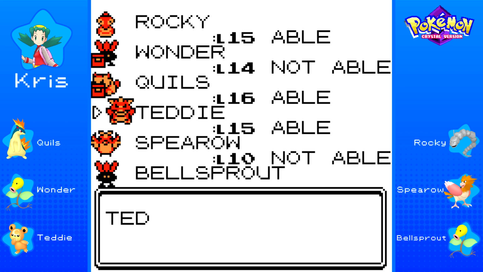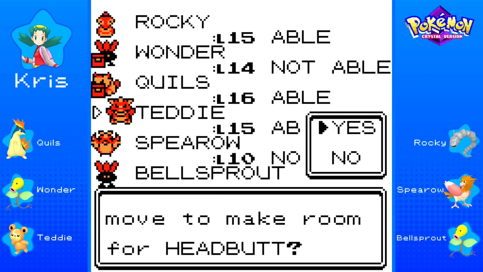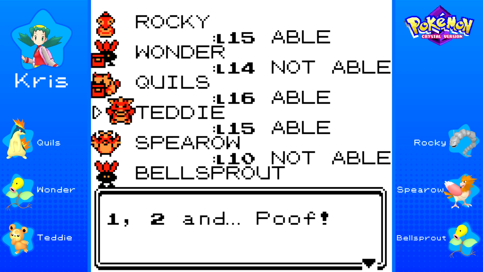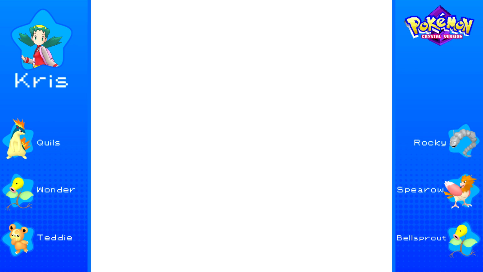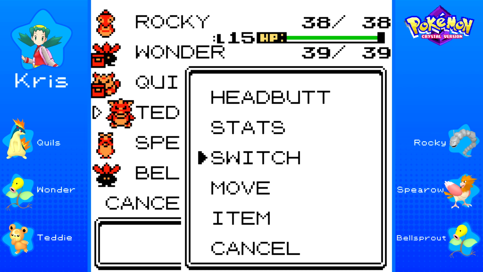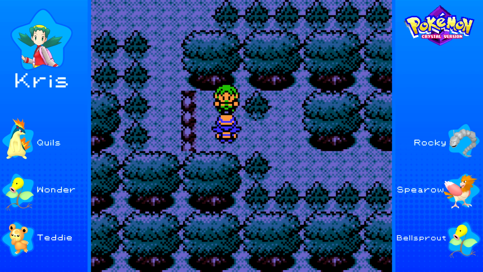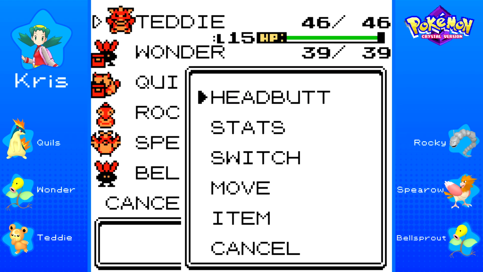I think I'm going to give it to Teddy, actually. It's better than Scratch in literally every which way. And it's not something we have to worry about replacing anytime soon, or about it being a one-time thing like a lot of other TMs are. A lot of TMs you can usually only teach once. Headbutt's just great in this game. And the reason it's not a one-time thing is because we can actually rattle trees with it if we use it...